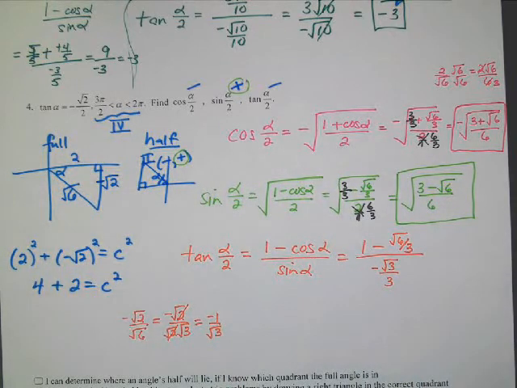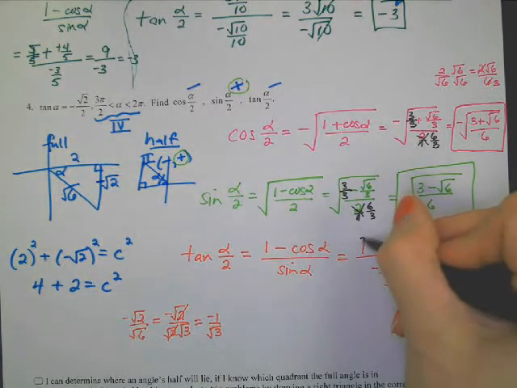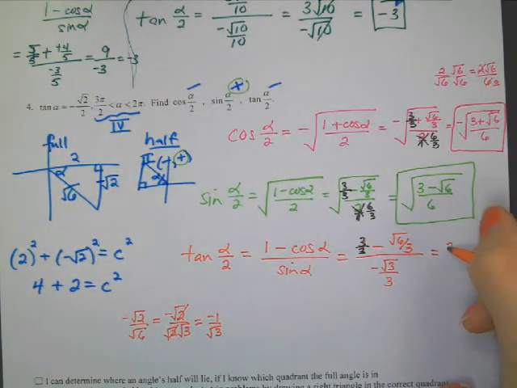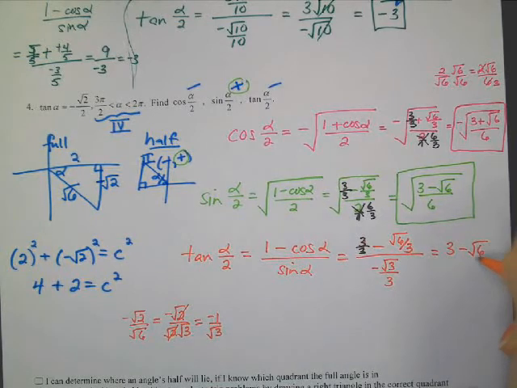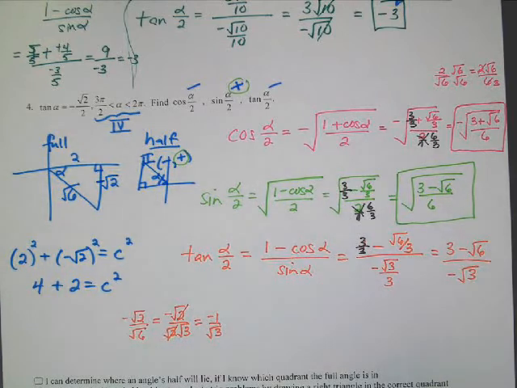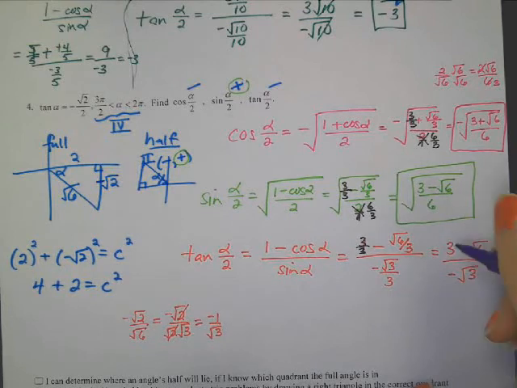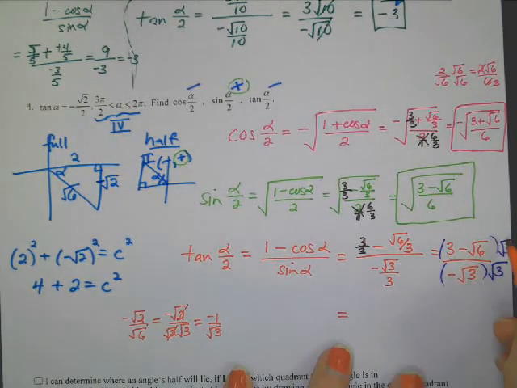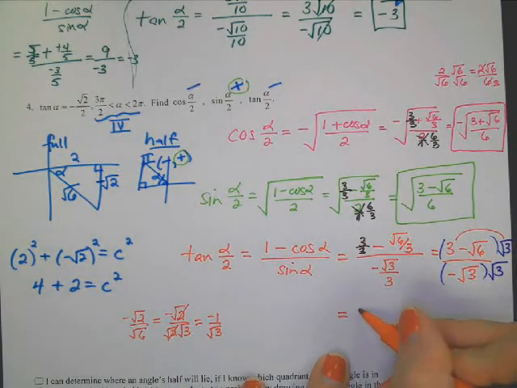Okay, so we're getting there. So now we have 3 minus radical 6 over negative radical 3. Now this one we do have to rationalize. It's not stuck inside of a radical. So let's just multiply top and bottom by radical 3. Okay, not the negative. That's not rationalizing. You just multiply by the radical. So what does the numerator become? First we have 3 radical 3. Then we have minus